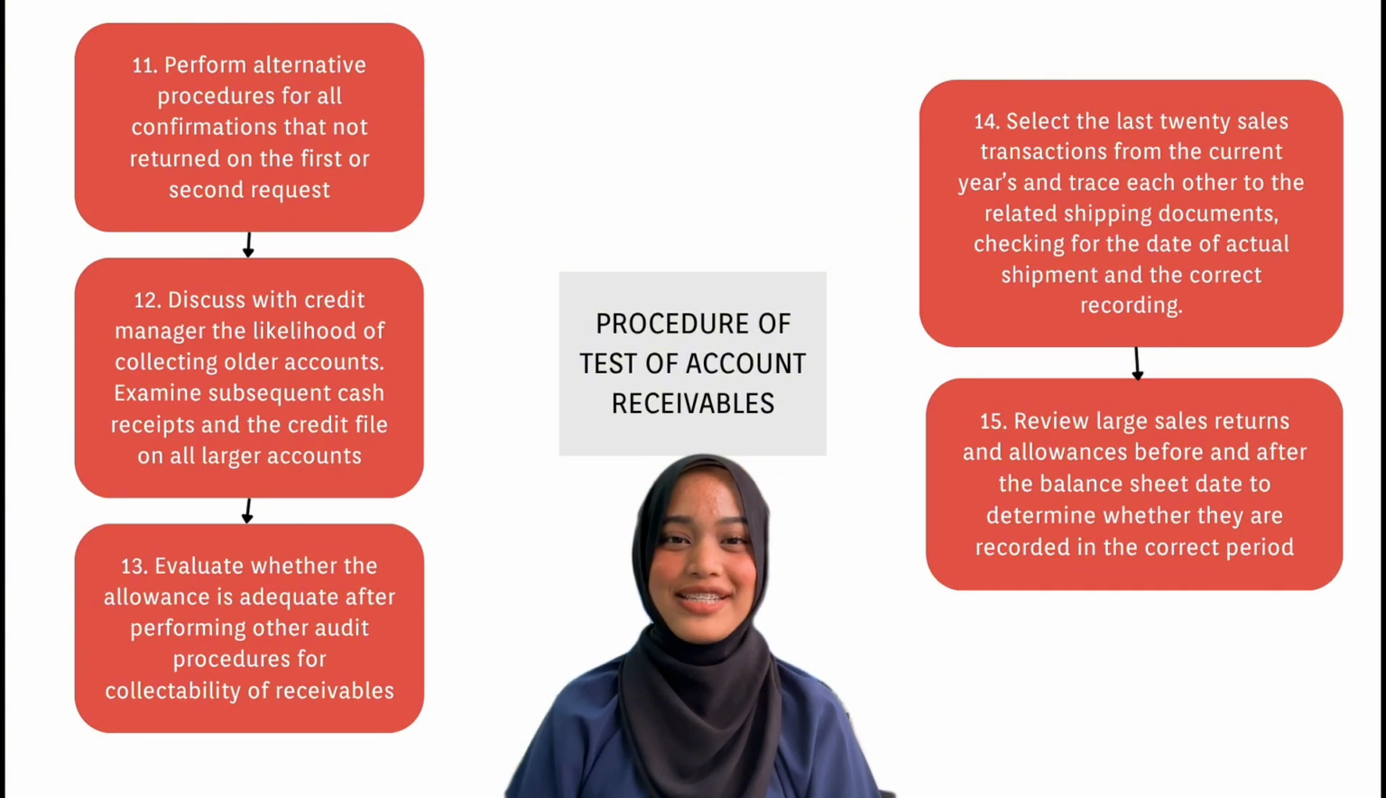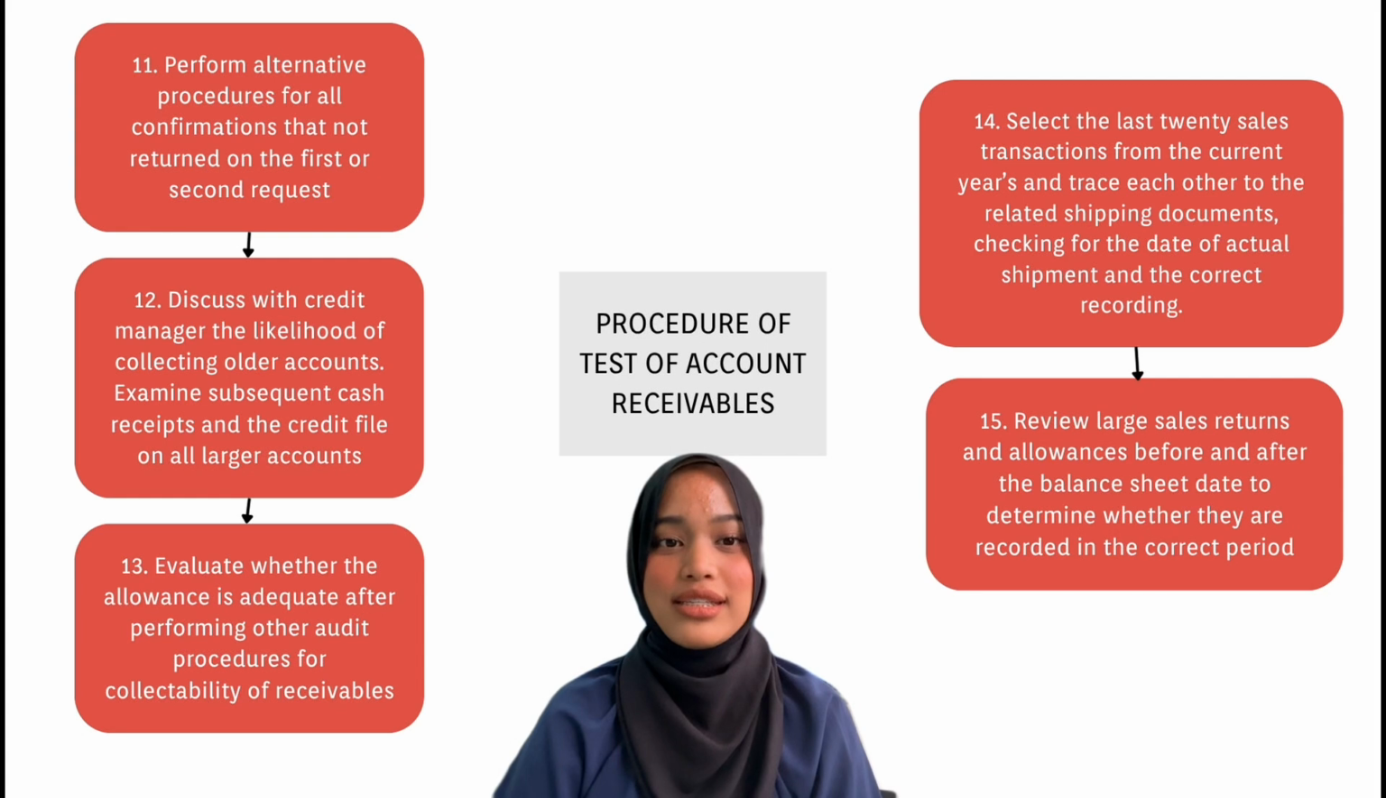For any confirmations not returned after follow-ups, we perform alternative procedures such as discussing collectibility with the credit manager, reviewing subsequent cash receipts, and examining credit files for large accounts. We then evaluate the allowance for doubtful accounts for accuracy. We select the last 20 sales transactions of the year and trace them to shipping documents to verify shipment dates and proper recording. Finally, we review large sales returns and allowances before and after the balance sheet date to ensure